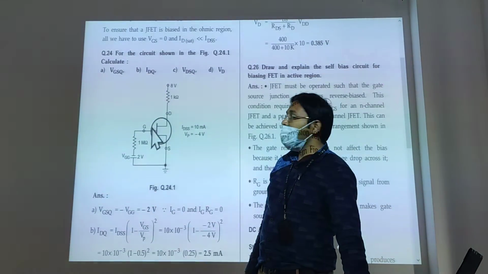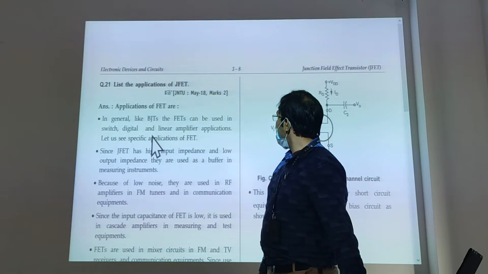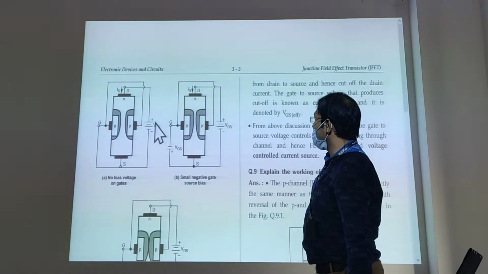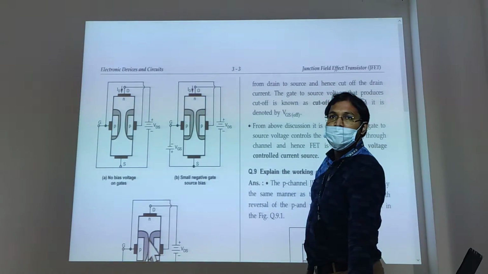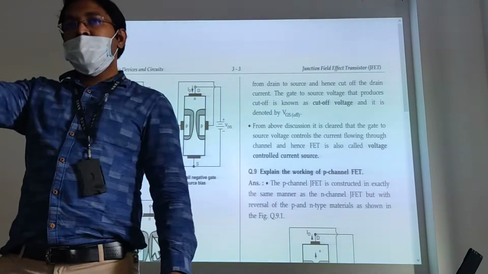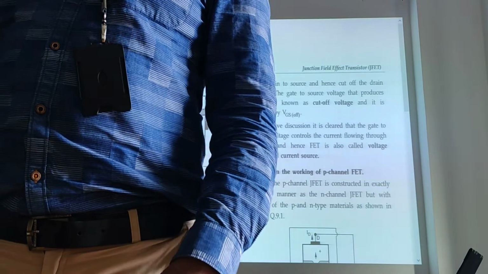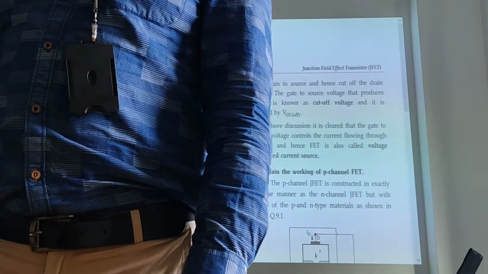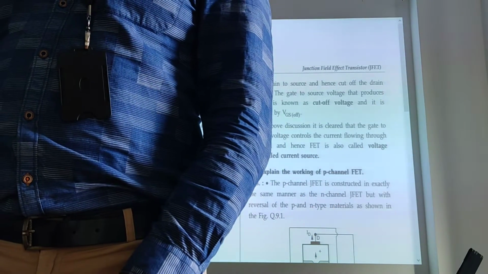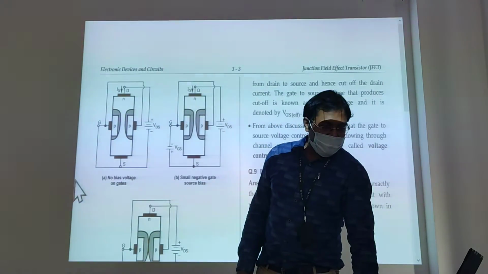For N channel JFET. So far we have been discussing only N channel JFET. Right? Then what we will say is, for N channel JFET, to control the gate we are giving negative voltage. For P channel what will that be? What voltage? Positive voltage. Simple. Okay, like that we will give a comparison. Anyway, so far we have been discussing only N channel.